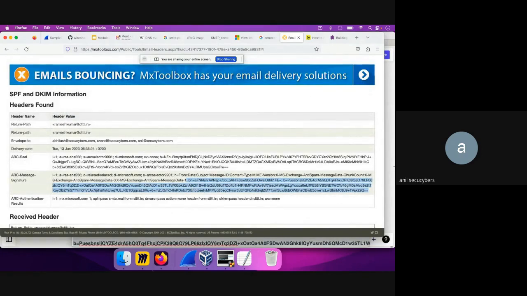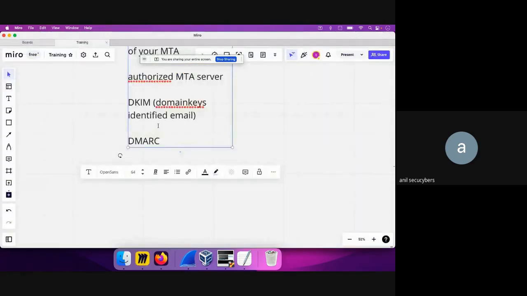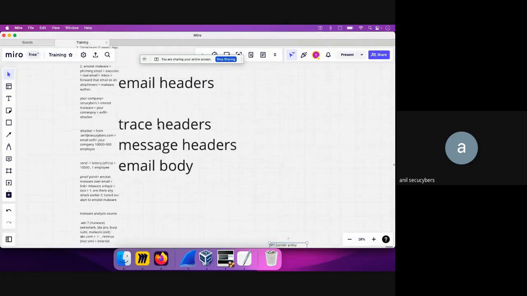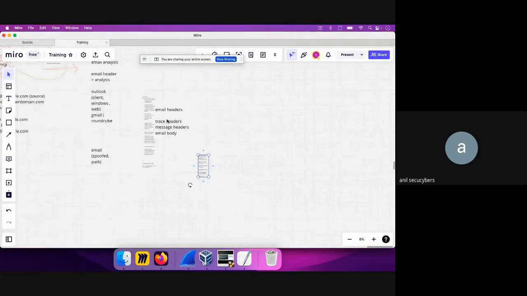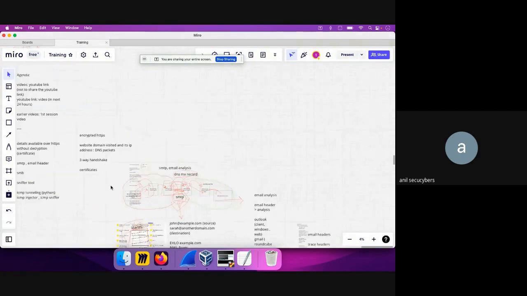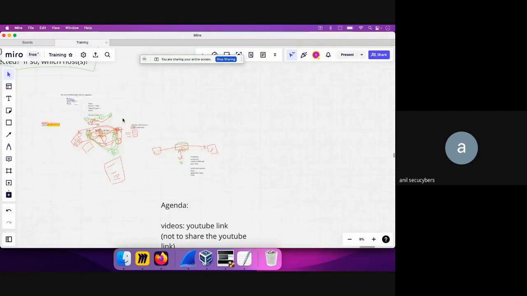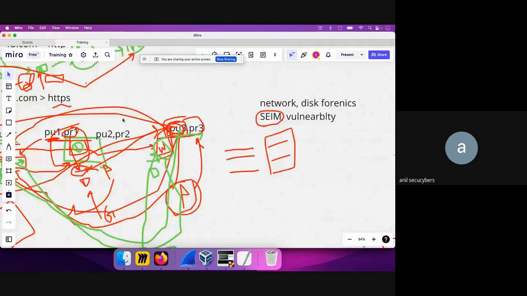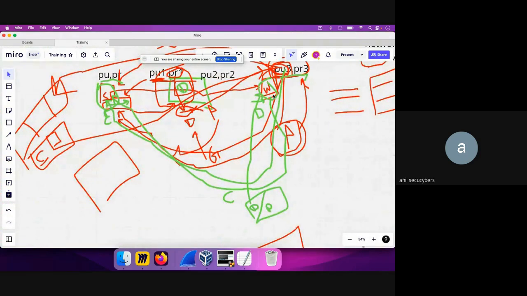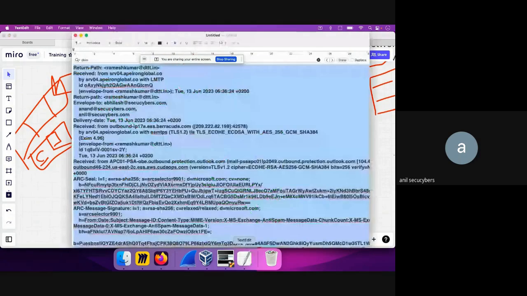So if you recall, when we were discussing the HTTPS traffic, if I just go to this one, yeah, we discussed the certificate part, right? The certificate tells the client that the public key is coming from a valid web server. In a similar fashion, the same certificate concept is also applied to the email headers. Okay, so what we are seeing over here is